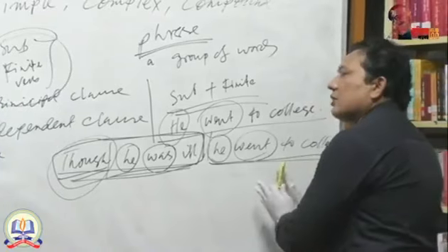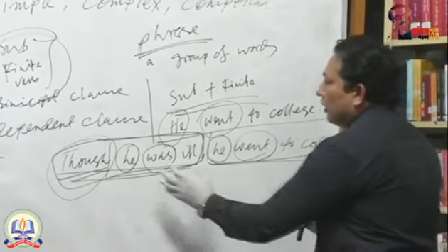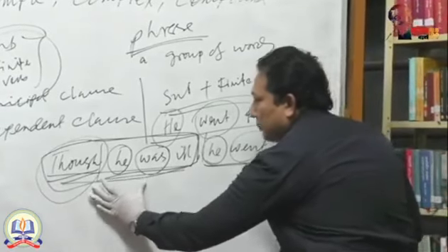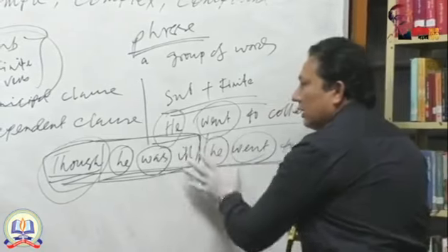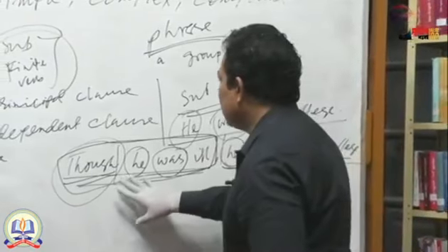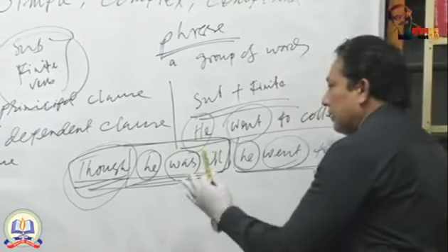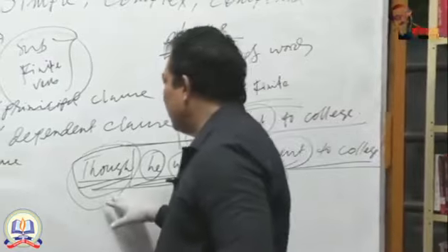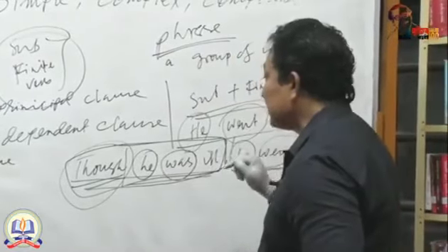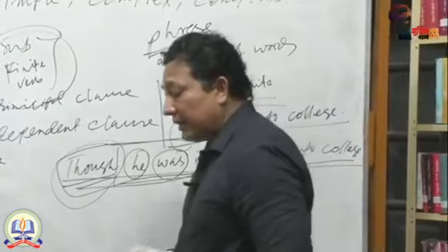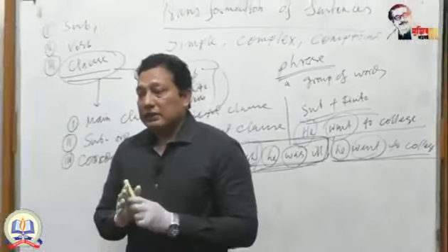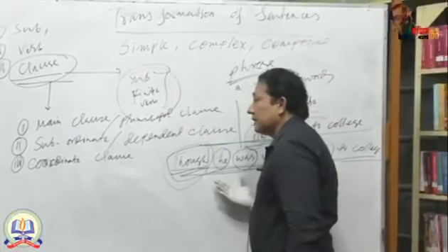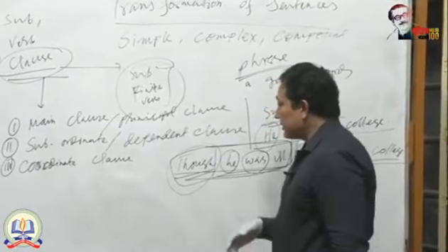Main clause does not depend on anything. That means you are getting the full criteria of sentences in both these two parts, but one part is completely dependent on the other part. In this way, you can say that this part is dependent, this part is independent. If you find this type of criteria in any sentence, you can call it a complex sentence. So if you want to make any complex sentence, you have to create a dependent clause and an independent clause. In this way, you can create a complex sentence. Of course, next I will discuss it in detail.